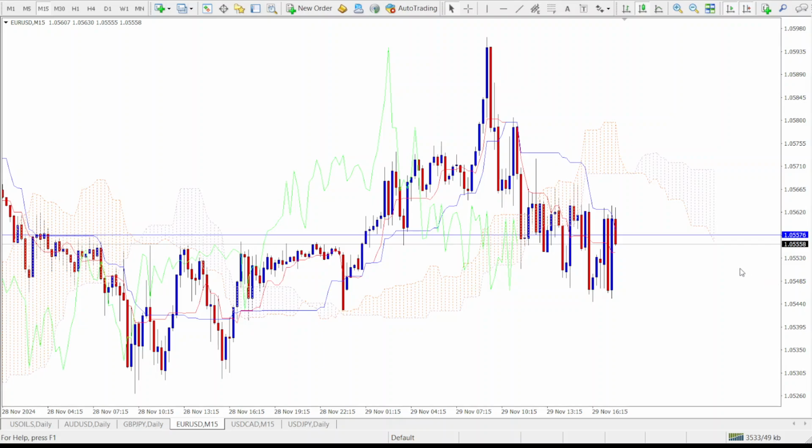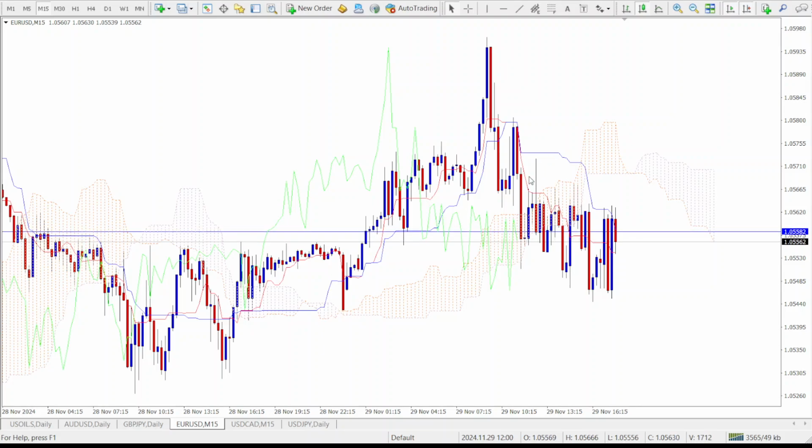So how is it calculated? Well, Senkou Span A is the average of two other important Ichimoku lines, the Kijun-sen and the Tenkan-sen. The Kijun-sen is the blue line. The Tenkan-sen is the red line. So the Senkou Span A, we can see this is the Senkou Span A. So it is the average of these other two